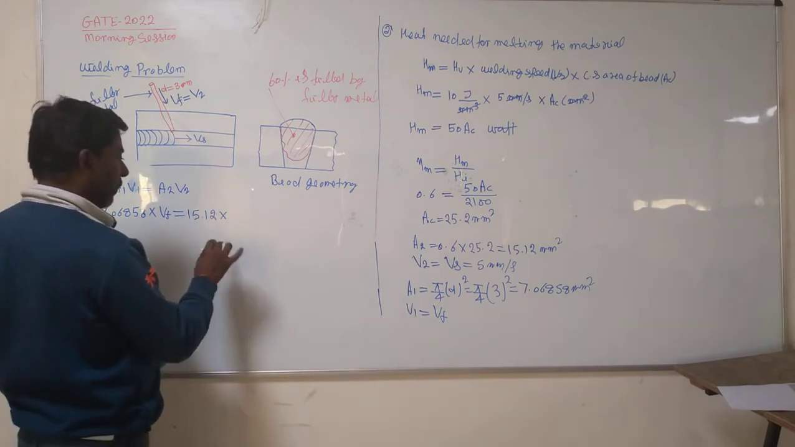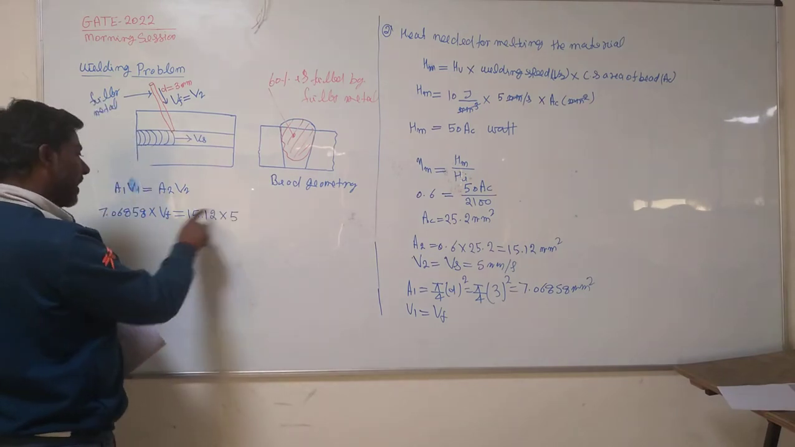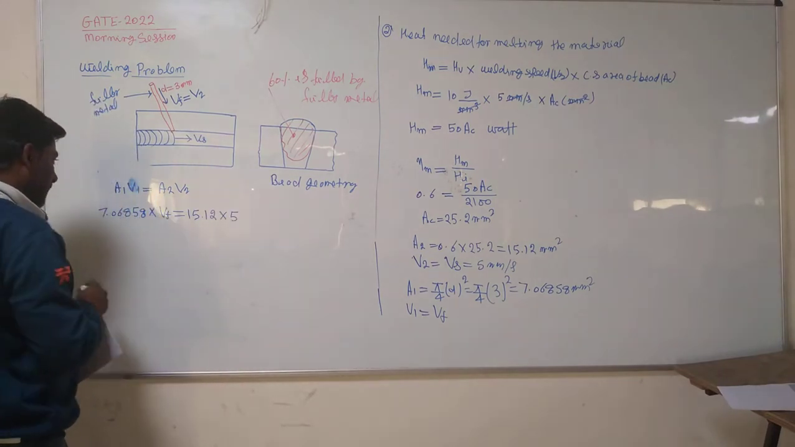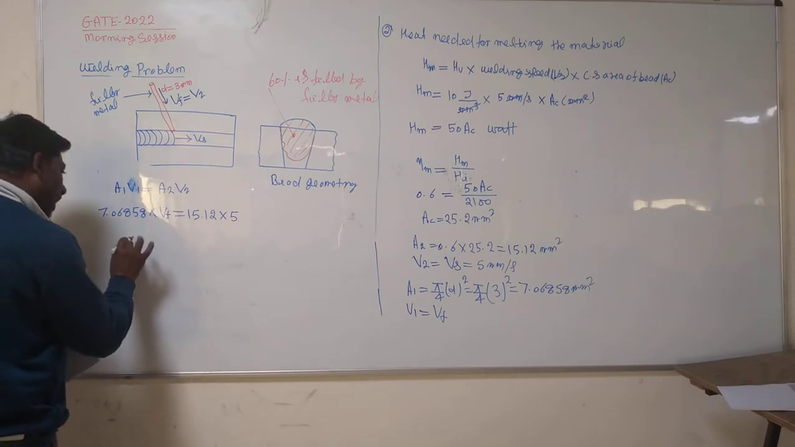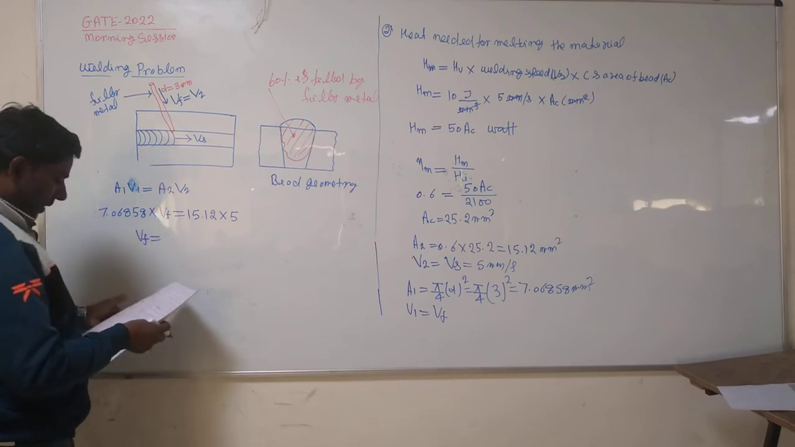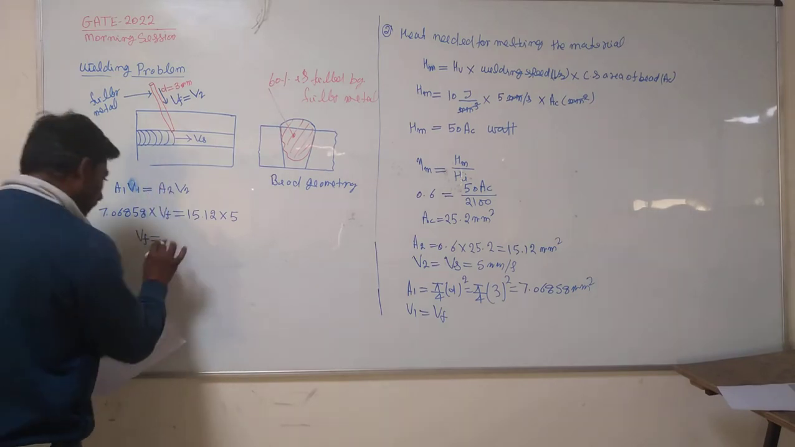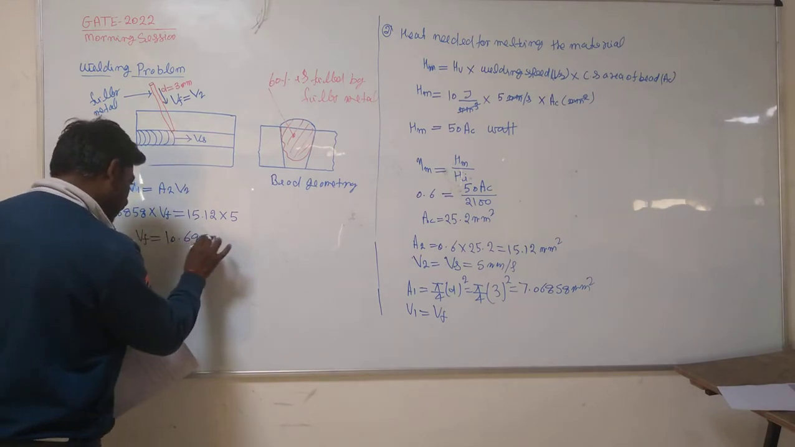So V2 is equal to welding speed. It is 5 mm per second. This is in mm per second. So also this will be in mm per second, because this area will cancel out. Okay. So how much we are getting the feed rate? V of f is equal to, so it is coming out to be 10.6952